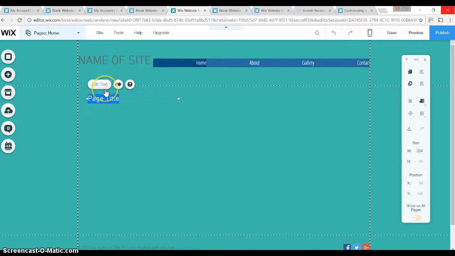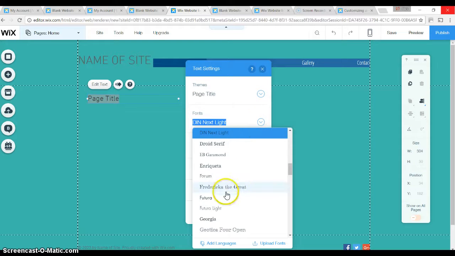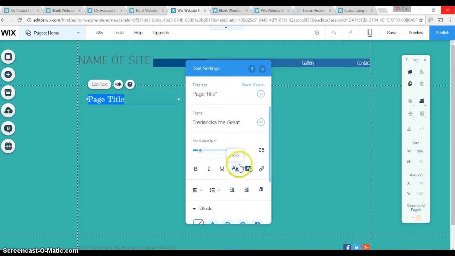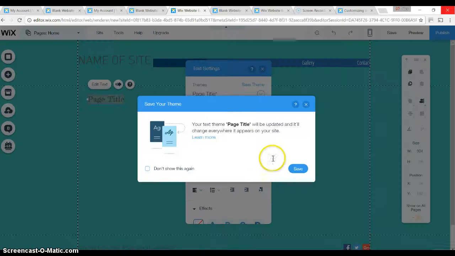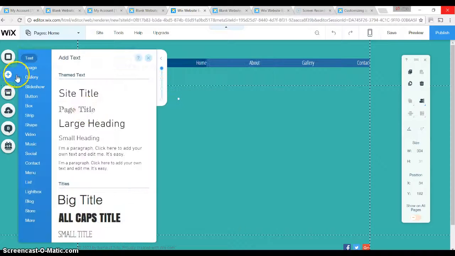And if I want to edit that text, you can see it's recognized that it's part of that particular theme. Change the text to whatever type of text I wish, change the colors, etc. But crucially, if I click on save theme, it then updates that. So if I save that theme, that text type and that text size is going to remain consistent every time that I go and add that particular type of text